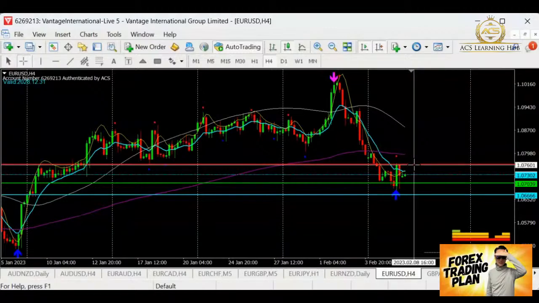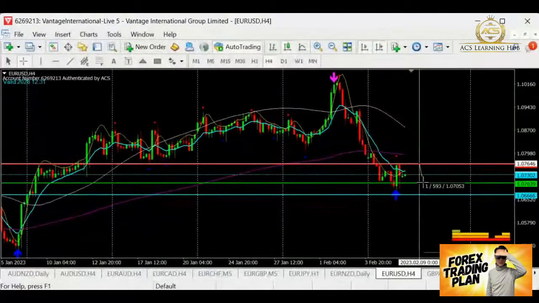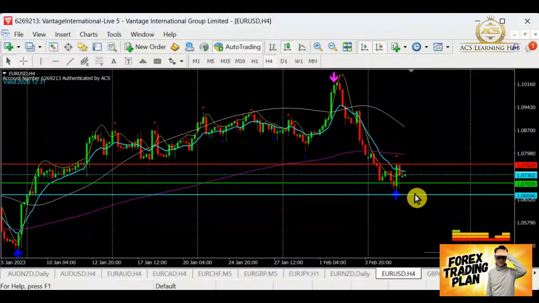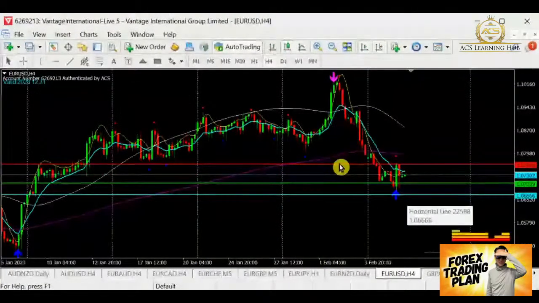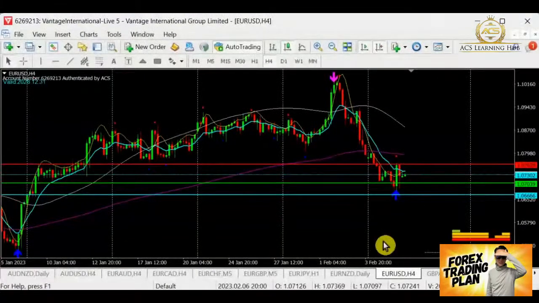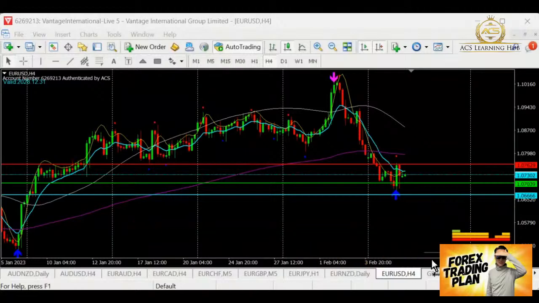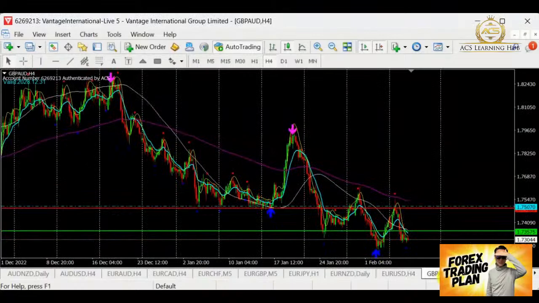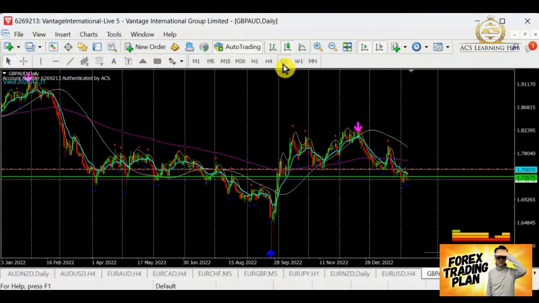If this is able to hold, we still have a good number of pips there, about 60 to about 100. If this is going to clear, we have more to go. All right, so I'm going to put Euro dollar into my watch list because I see that the dollar is going to get stronger in a few days' time, and it's going to push a lot of other currencies down. So I will want to monitor this. Okay, yeah. So for Pound Aussie, Pound Aussie is very obvious that we are now coming into the bear.